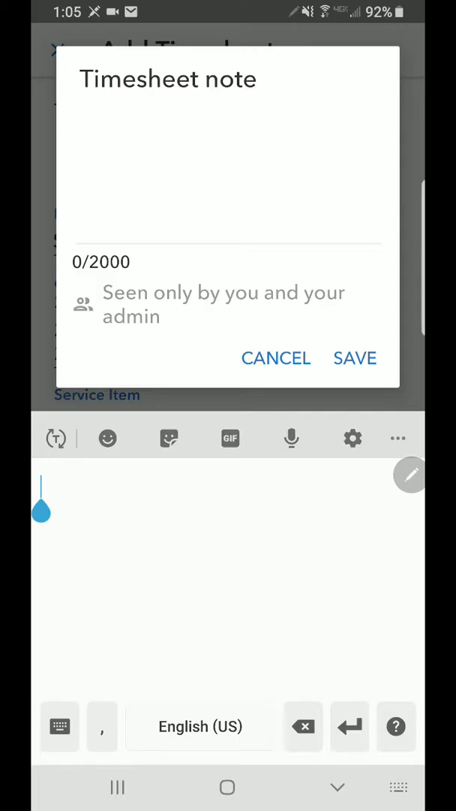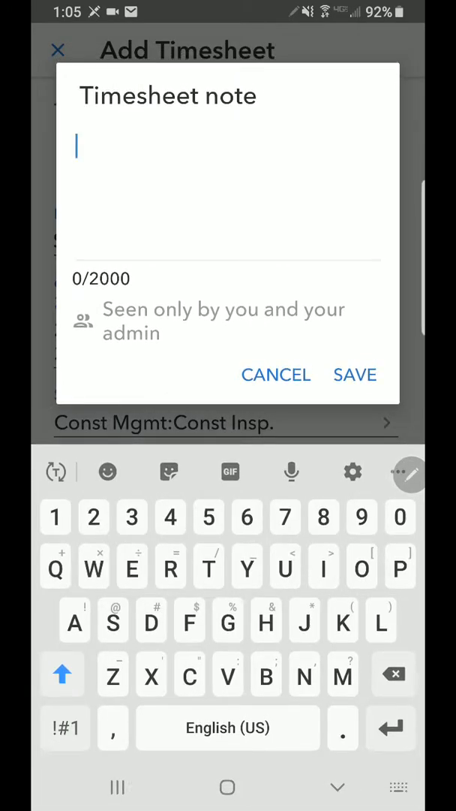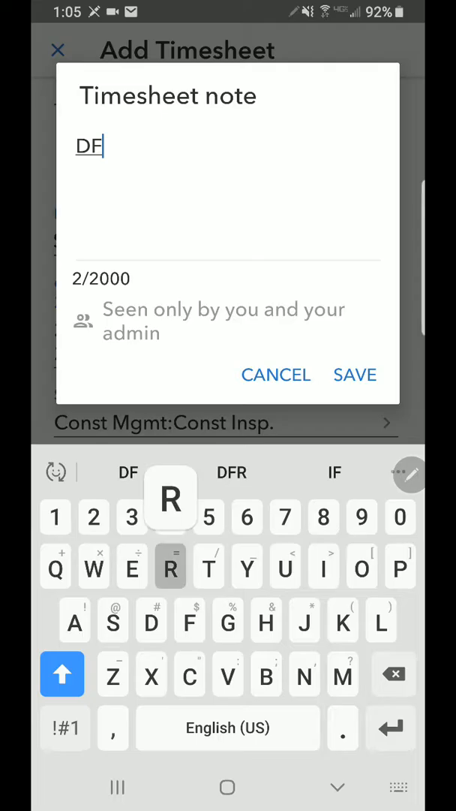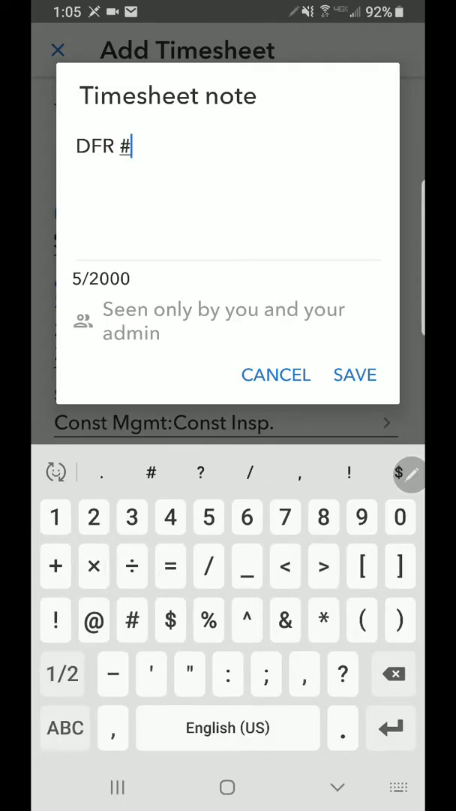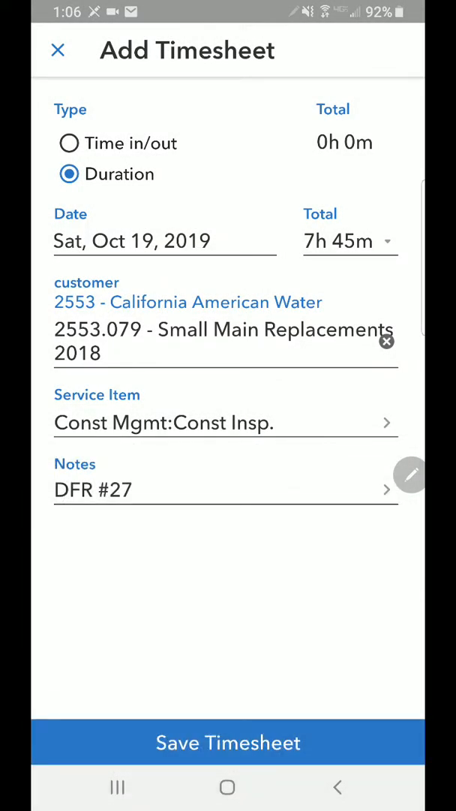It's not required for all entries, but for your primary time, you need to add a description of what it is that you're doing. Or for this case, our inspectors fill out a daily field report, DFR, and so they would enter the DFR number that they assigned for that day, save it, and then we can compare the time entry for your time card against your DFR and make sure everything lines up. Once you have entered your time, you hit Save Timesheet,